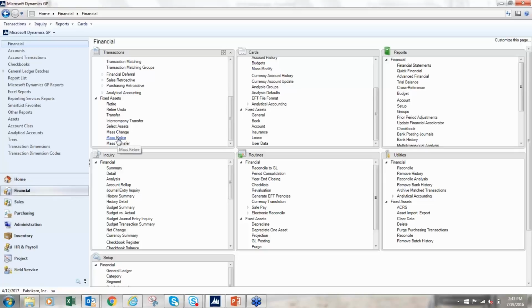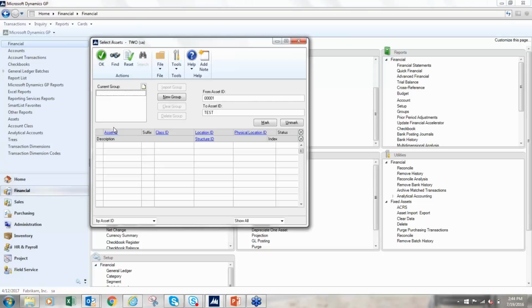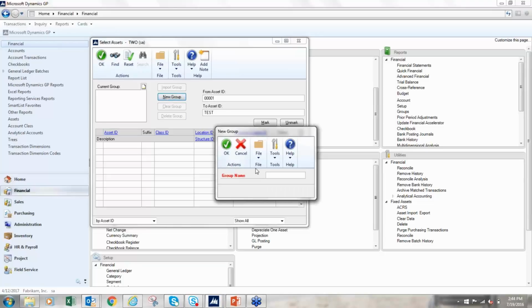I can also mass retire, like I said. So if we're getting rid of a bunch of stuff, instead of doing it individually, I can mass retire a group. The key to using mass change, mass retire, and mass transfer is that I first have to create the group of assets that I'm going to do a mass change to. So I would go here to the Select Assets window, and I would create a group. I'm going to say New Group,